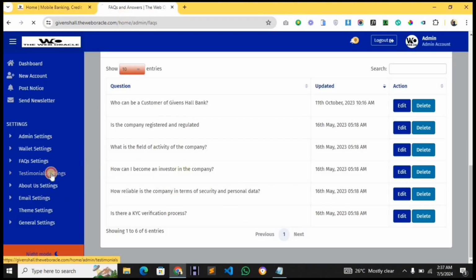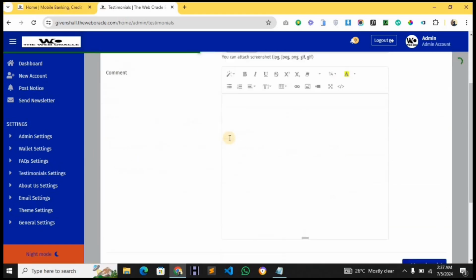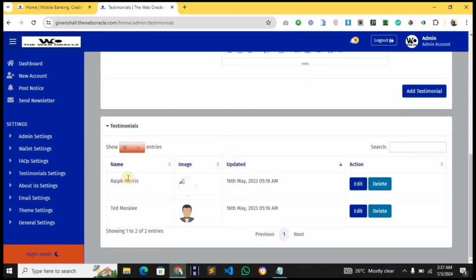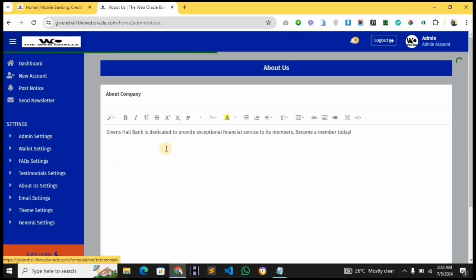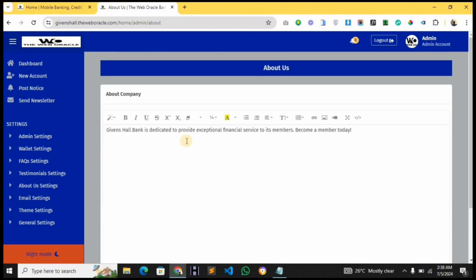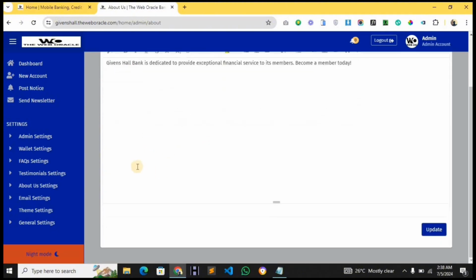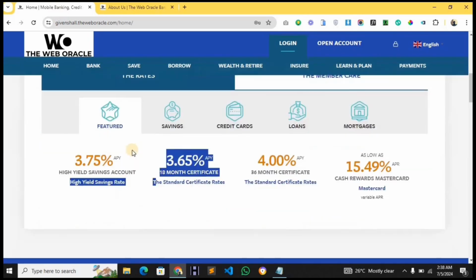Yes, we also have the testimonial settings, the testimonial of the website. This is the testimonial on the website. You can also change this and it will appear on the home page. Then the About Us settings, you can see the About Us. All you need to do also is just to write some few information here, and then it will start displaying